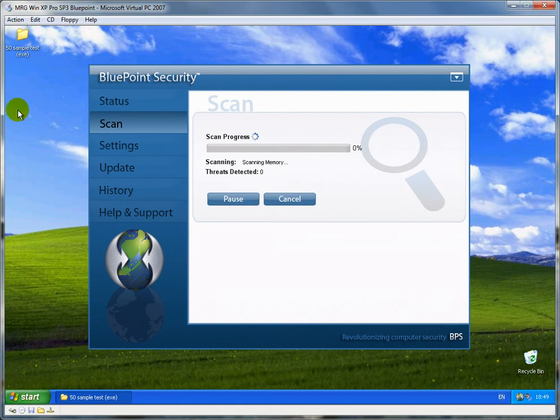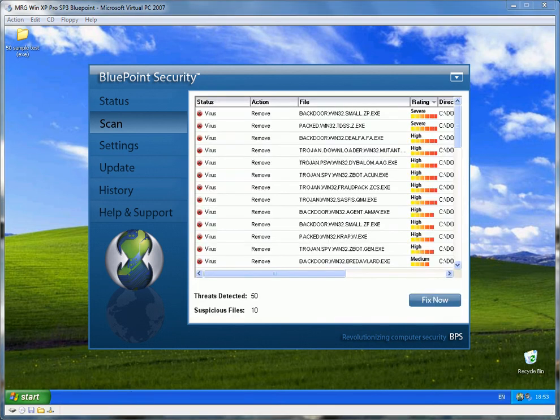So what I'll do in the meantime is pause this video and restart it again once it's underway scanning properly. Hi, welcome back. It's finished scanning now, and quite surprisingly, for an on-demand scan, it's found all 50,